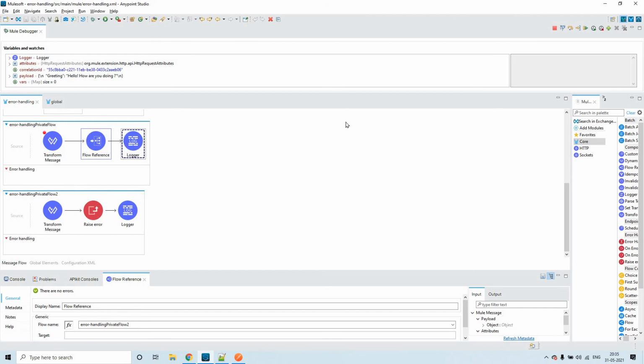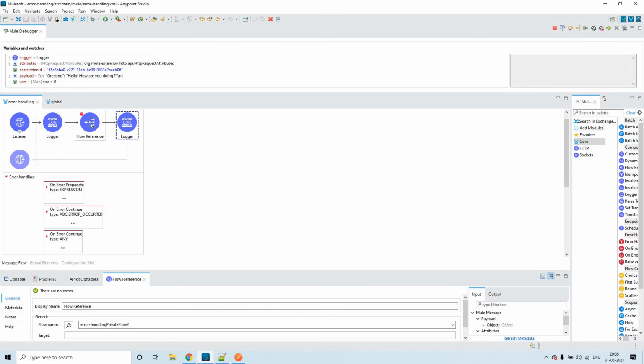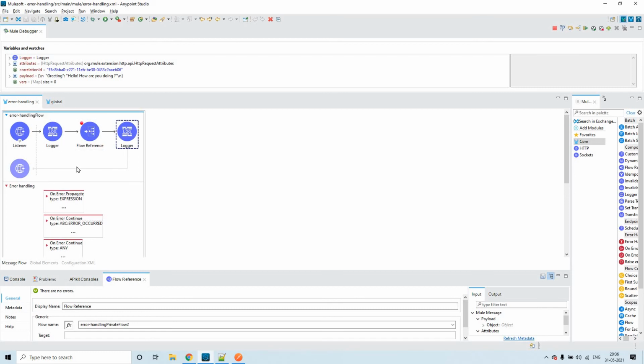So it has gone to the logger. Okay, let me click on next. So now you see it has found some success response from its child, and it has gone with its further execution. That is the reason we could see the logger here. I mean, the logger is getting executed here. And as we don't have any error in this particular flow, that is the reason it didn't go to the error handling part of this main flow. Okay, let me click on next.